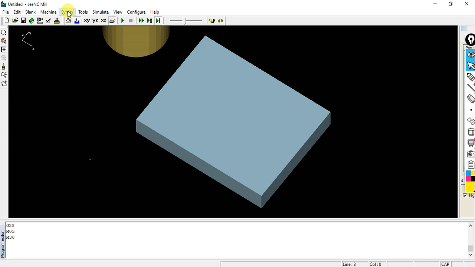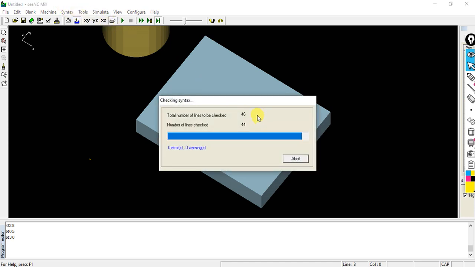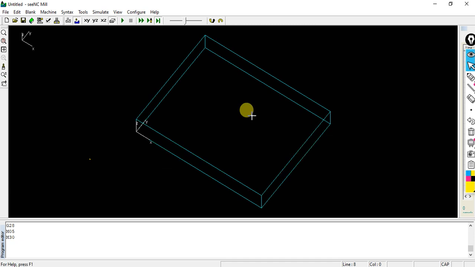You need to run the syntax. Syntax, what it does, it will check here. Total number of lines is 46. All lines it will check one by one. Any error it will display. Okay, you need to check that particular line what you have missed. The most common error will be you will give some space. Like if there is a G28, you will write G space 28, and so you may use some different commands. For example, there it doesn't have any meaning. You may use some unknown G codes or M codes. Again, that will yield an error message.